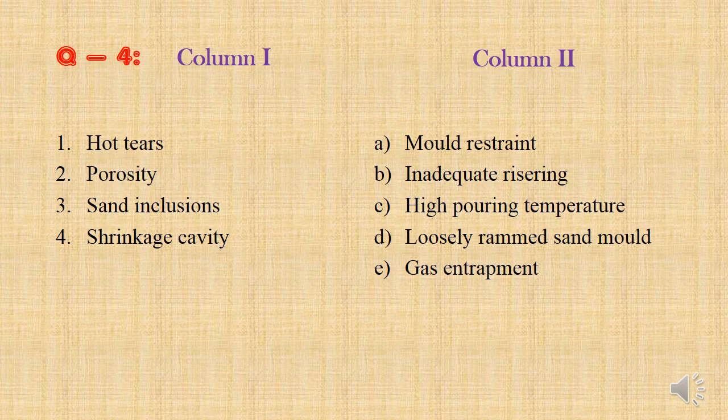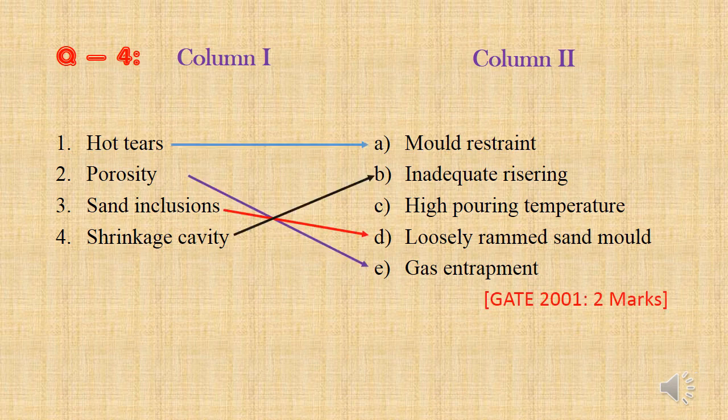Question number 4. Here column 1 is listed with casting defects and column 2 is listed with cause for the defect. First, hard tear. Hard tear happens due to failure of collapsibility of molding sand and differential cooling rate. So the answer is mold restraint. Next is porosity, which is a gas defect. This happens due to gas entrapment. Next is sand inclusion. This happens due to improper ramming of the molding sand. Finally, shrinkage cavity. This happens due to improper riser design. So the answer is